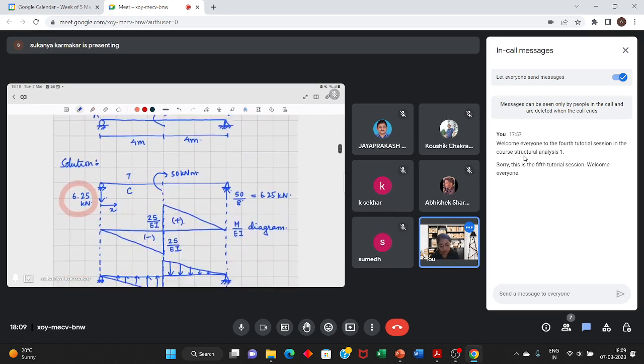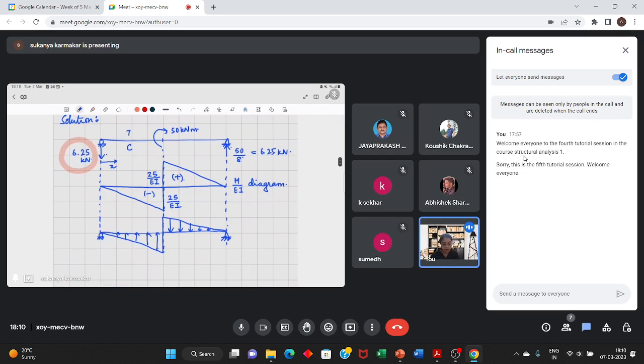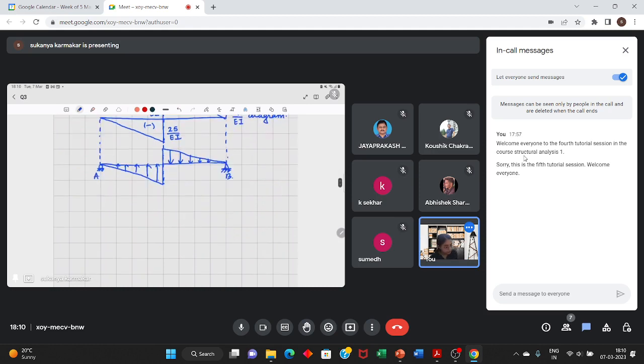at point A. So we know that when we are required to calculate the slope at a point, it is equal to the shear force of that same point in the conjugate beam. So if I can find the shear force at point A in the beam, we can calculate the slope at point A in the actual beam. So slope at point A for the real beam,